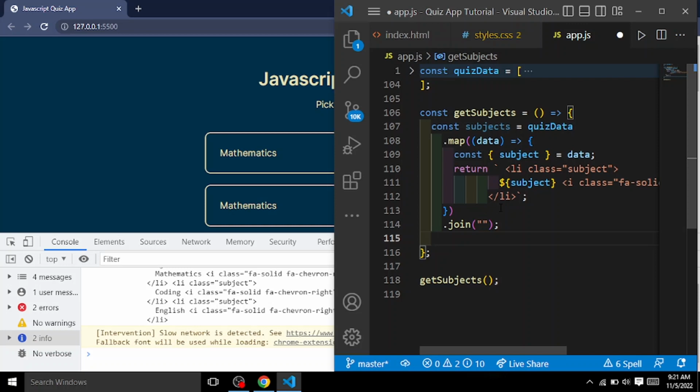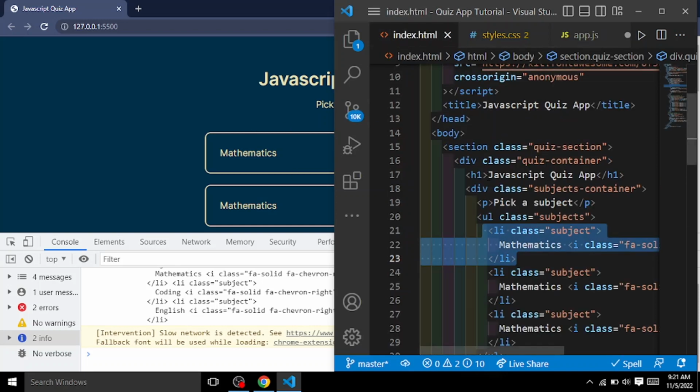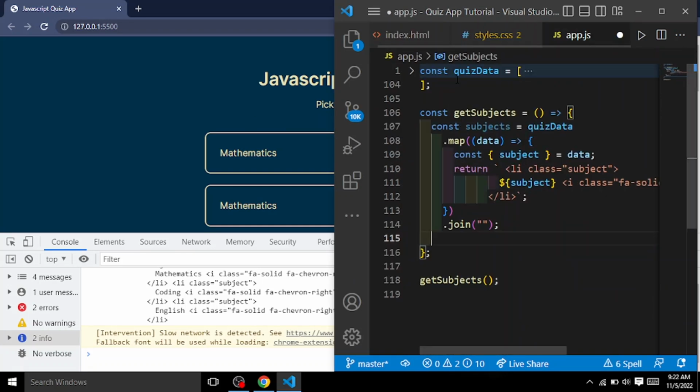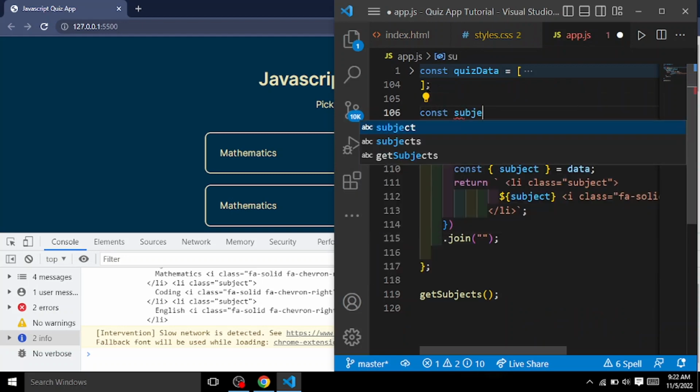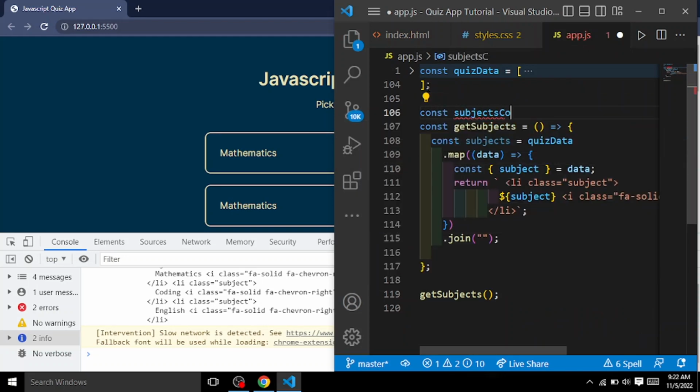So now we're going to put it in the inner HTML. We have to get the container, this subject that is containing all the list. So we're going to go to here. We're going to get it, const subjects container, is equal to